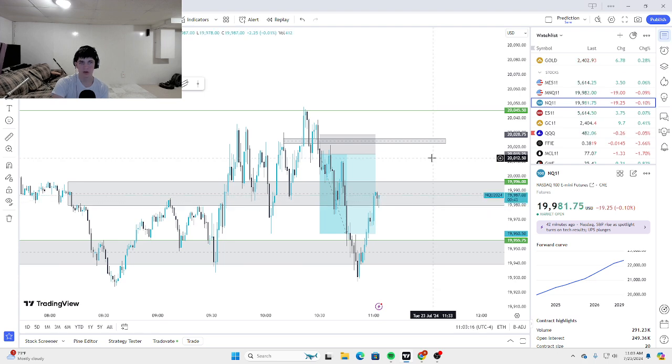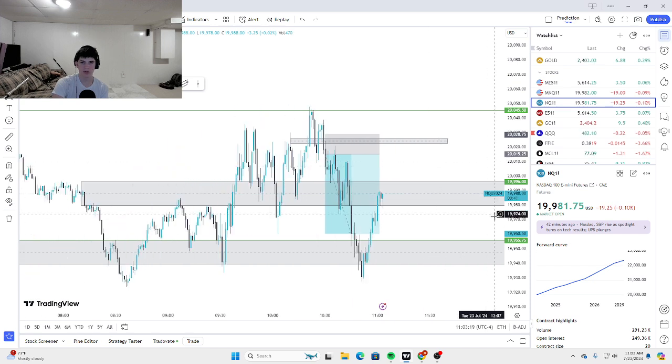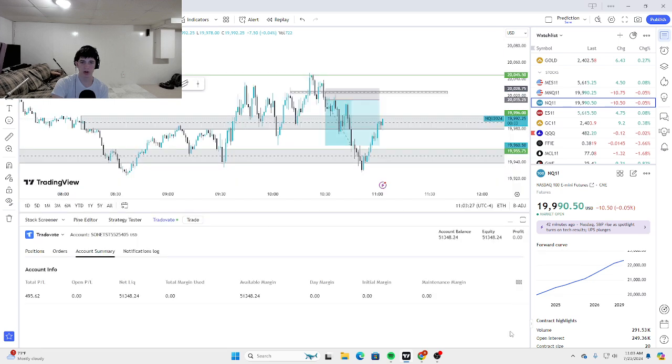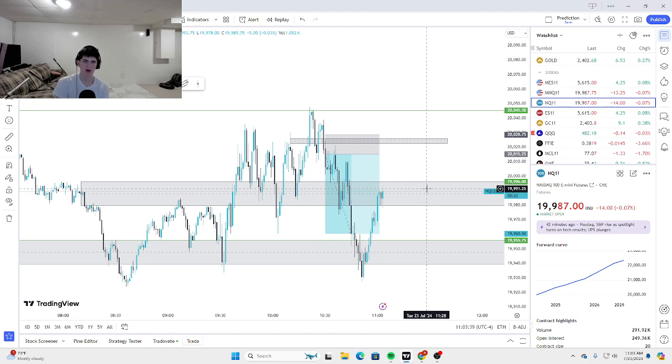Okay, wait, let me think. Yeah, I hit TP on both, and we were up like 1K yesterday, or we were up like 850 yesterday. Then I took the Asian session trade, and then we were down to like 300 in profit. Took this trade. Now we're up 500. So we fully recovered. We're at 1.3K in profit. So looking pretty good. But yeah, that's pretty much all that's happened.